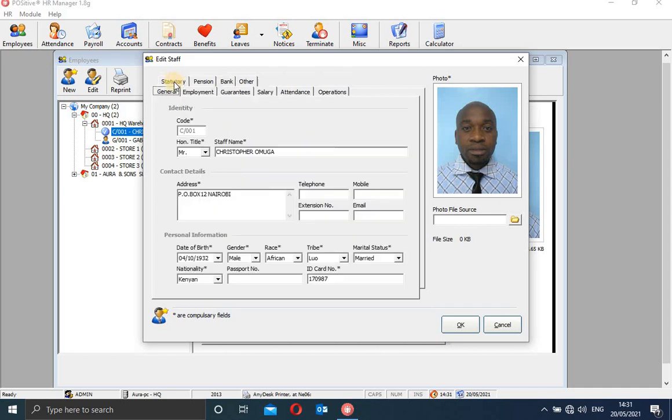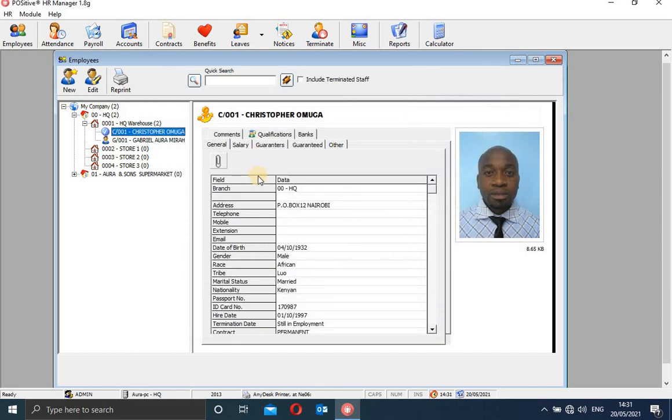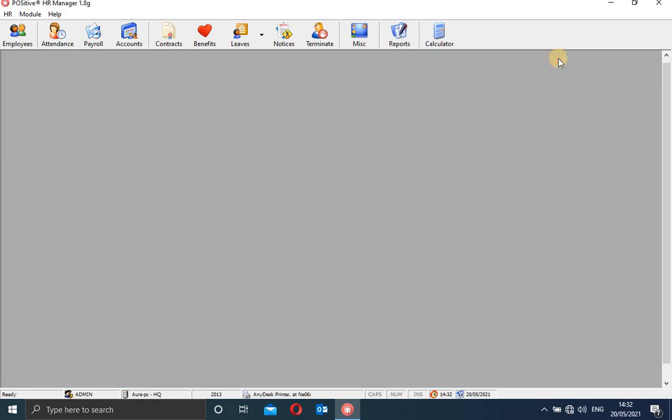So this is now where you indicate the biodata of each and every employee. And remember, if you make a mistake here, it will replicate it all the way down to the entire HR system and all the way to the account system. So ensure that whatever you put here, it's fully correct. Ensure you put it very nicely and correct. And if you're not sure, please make sure you seek consultants before you make any blunder. So that is how you do the biometric. You indicate the employees' bio data into the system, and this is how you employ them in the system.